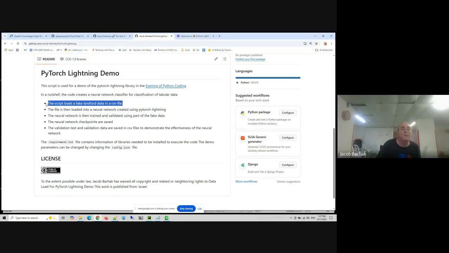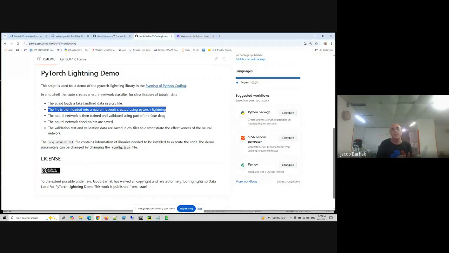So first of all, you have to load the file. Then after that, we create a neural network, or load the data into a neural network that you created. And we will create it using PyTorchLightning. Then we have to train the neural network according to the data. Maybe I should say that before that, we don't load the data, but we are actually trying to fit the neural network and set it up so it can accept the data. I'll talk about it later. You have to make sure that the data definitions are right.